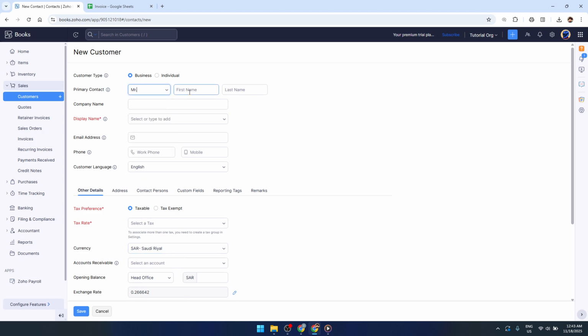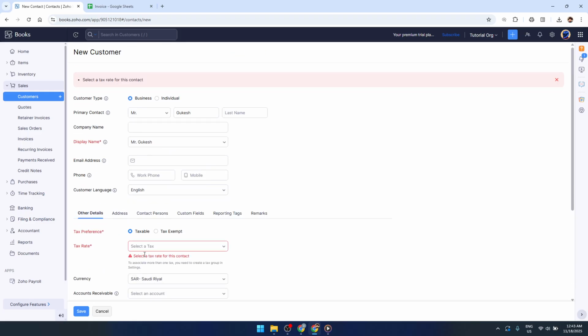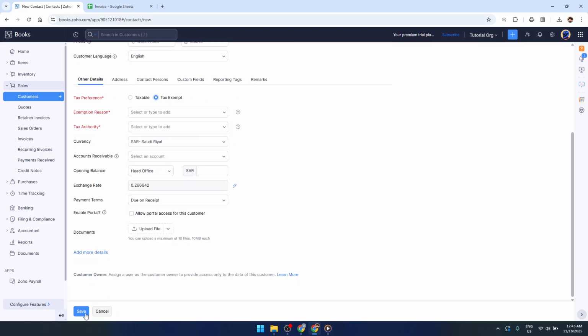Next, let's create invoices in these different currencies. Start by going to the Sales section and then click on Invoices. Here, you'll see the option to create a new invoice by clicking the Plus New button. When you select the customer for whom the invoice is intended, you'll notice that the currency is automatically populated based on that customer's profile. This seamless integration within Zoho Books makes it easy to manage invoices without having to constantly